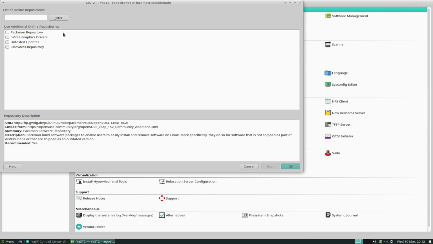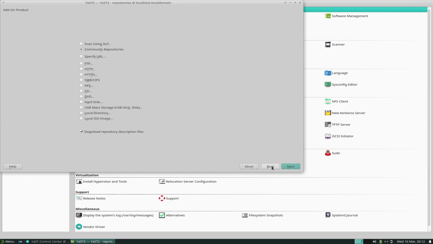Also we can see here the NVIDIA graphics drivers repository, untested updates repository, yes, and here the libdvdcss when you need encrypted DVD support, and yes. So we cancel this,